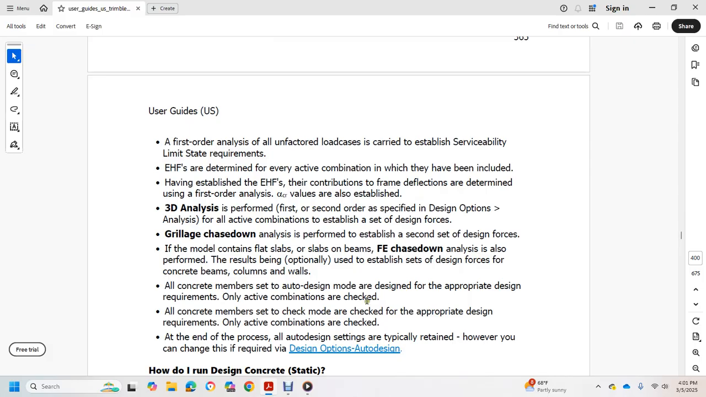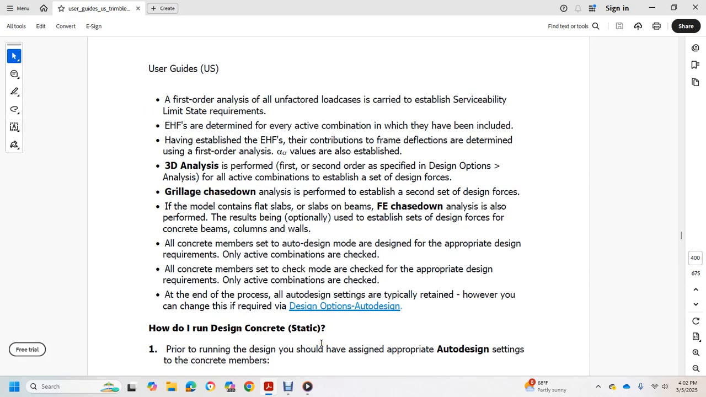All concrete members set to auto design are designed to the appropriate design requirements, and only active combinations are checked. Concrete members set to check mode are given the appropriate design requirements, and only active combinations are checked. At the end of the process, auto design settings are typically retained. However, you can change this as required in the design option auto design, and then